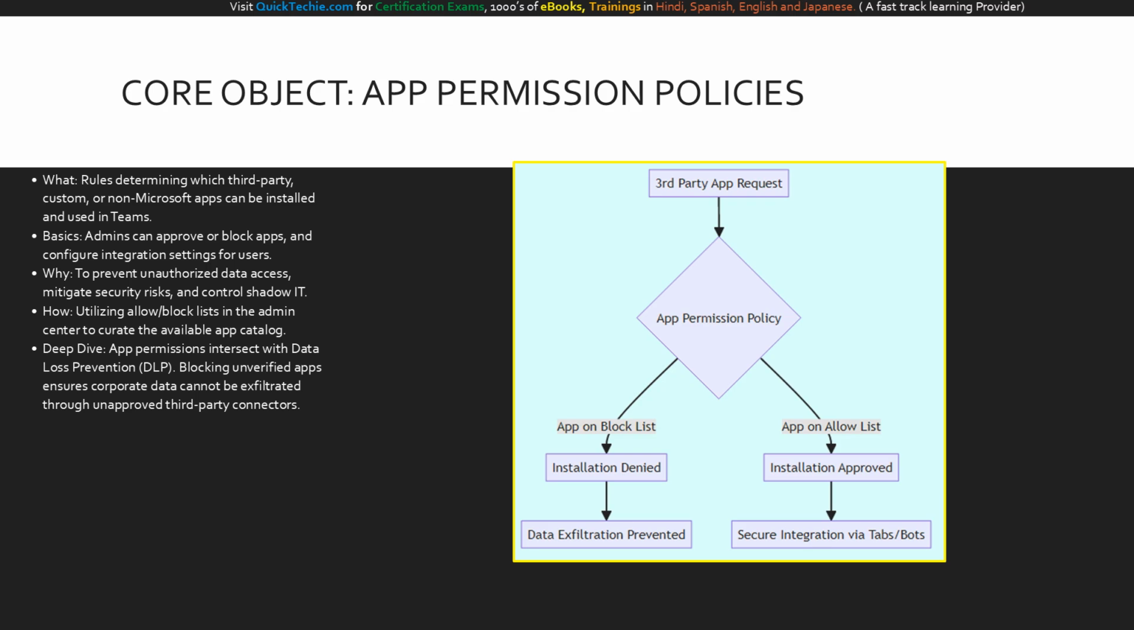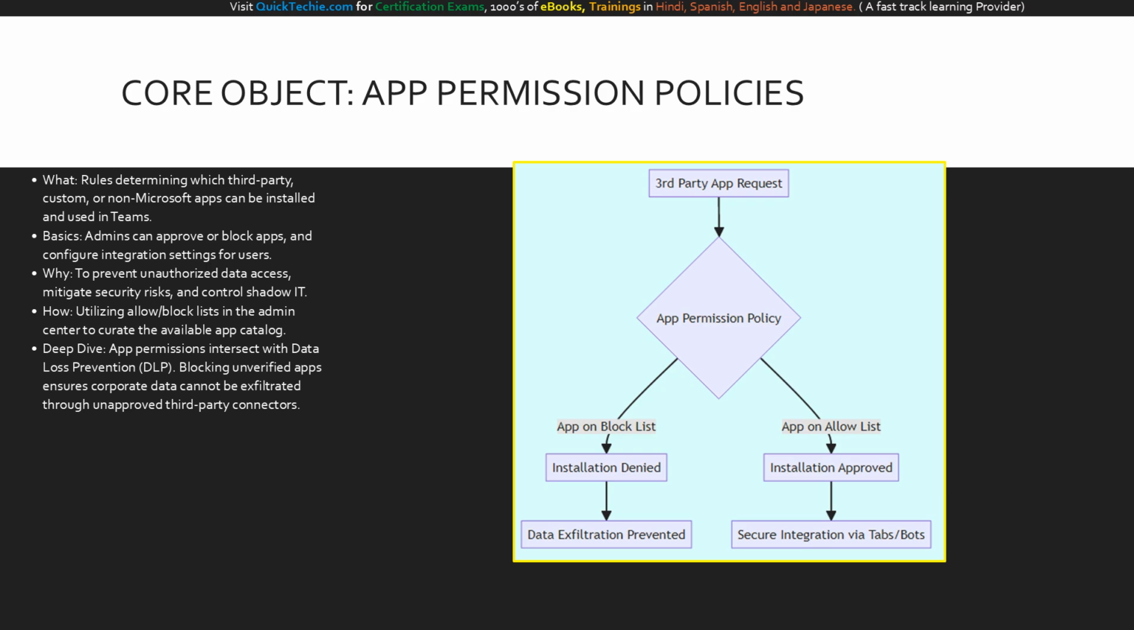At a basic level, admins use these policies to explicitly approve or block apps, controlling what shows up in the Teams App Store for your users. Why is this critical? Because unchecked app installation is a massive security vulnerability. App policies prevent unauthorized data access, mitigate malware risks, and help you completely eliminate shadow IT. How is it executed? You utilize comprehensive allow and block lists within the Admin Center to curate a safe app